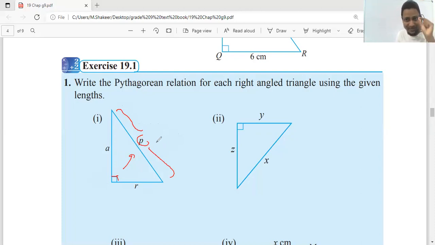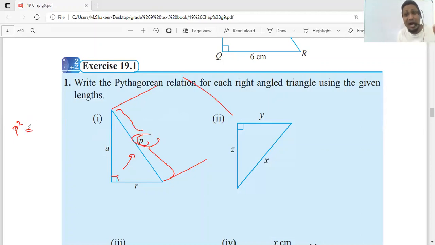So what we should do first is take the length of that one and make it square. Here we don't need to draw a square and take the area. Those things are not needed. It's very easy. If it's P, make it P squared. So I'll write it here. Look at it. P squared.